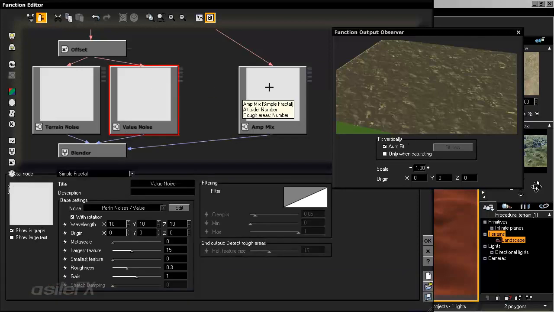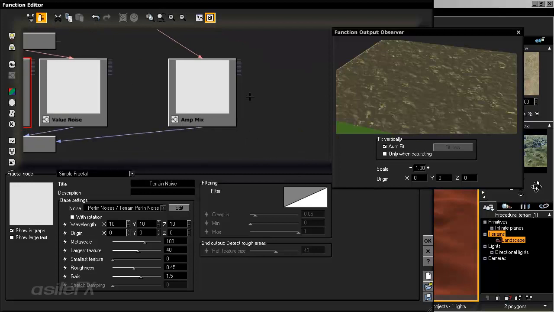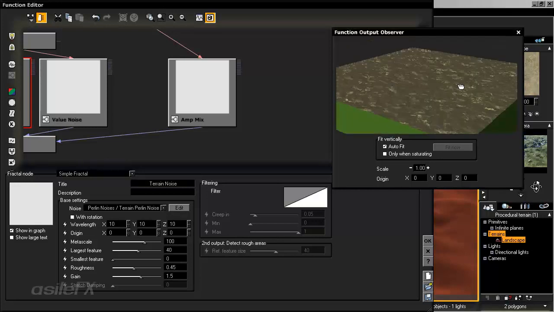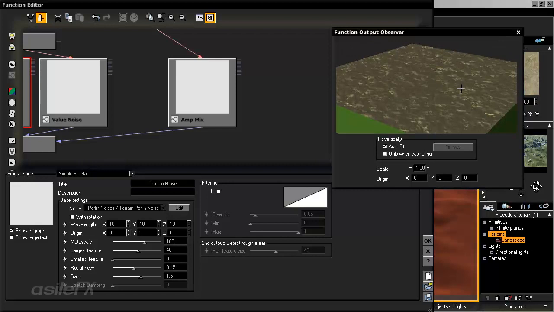And if we take a look, I have the gain set fairly high on our mixer, and the gain set to 1.5 for the terrain Perlin noise. And what this will do is create very harsh contrast between the number output, far more than a value of 1 and -1, which is the normal number range. So the autofit option will allow you to view the terrain, but we're not really seeing a whole lot of